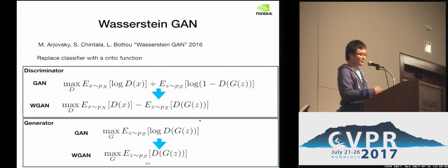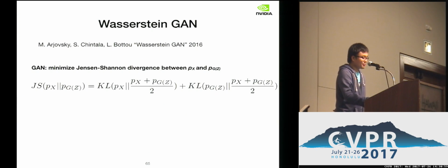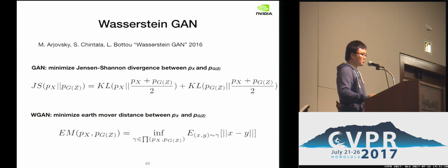When training the generator, you do the opposite. You train G such that it can produce an image to which the critic will assign a high value. It was shown in the WGAN paper that in the original GAN, we are minimizing the Jensen-Shannon divergence between the data distribution and model distribution. But when doing WGAN, you're trying to minimize the Earth mover distance between P_data and P_G. It's given in this form.